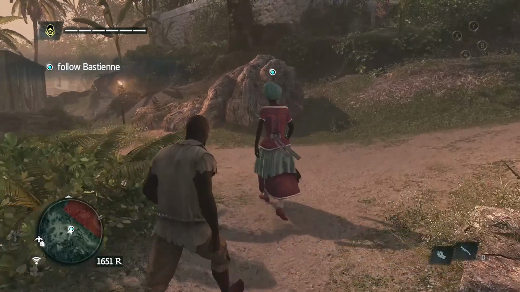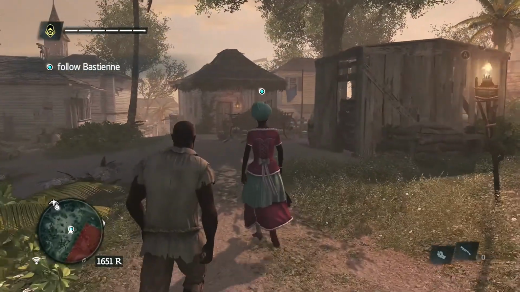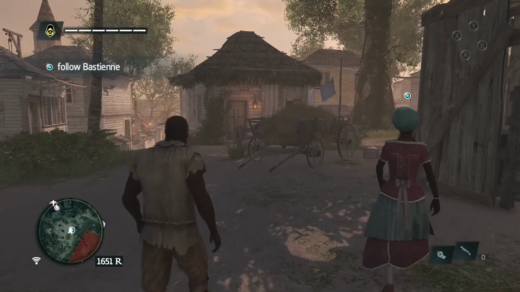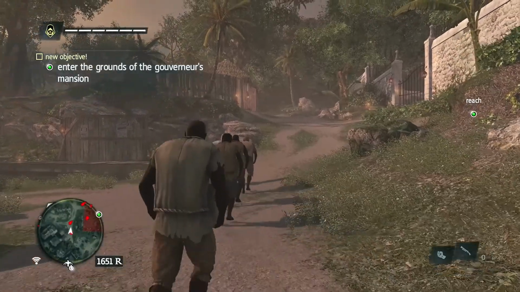Which normally isn't a problem for these guys. Normally in their cloaks and whatnot, they can stand in the middle of anyone and somehow blend in. But apparently in this case, you can't. And you've got to go in looking like a slave. So you've got to smuggle yourself in. You do that by following these guys